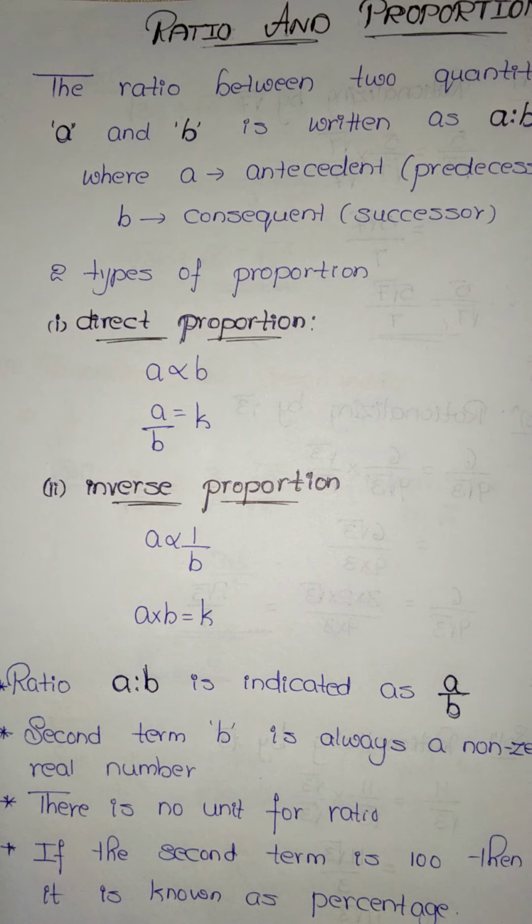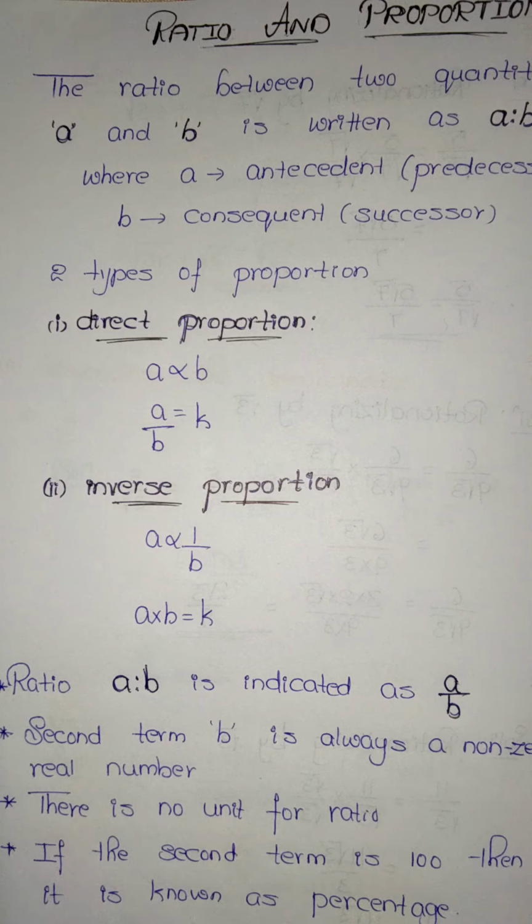And always the first and second terms are in the same unit. अगर पहला वाला टर्म केजी में है तो सेकेंड टर्म भी हम लोगों को कन्वर्ट करना है केजी में. अगर पहला वाला ग्राम है तो सेकेंड वाला भी हम लोगों को ग्राम में. सो दोनों का मेजरमेंट सेम होना चाहिए. If it is kg then both are kgs. If it is in centimetres then both are centimetres. So A and B, first term and second term, are always in the same unit or measurement.